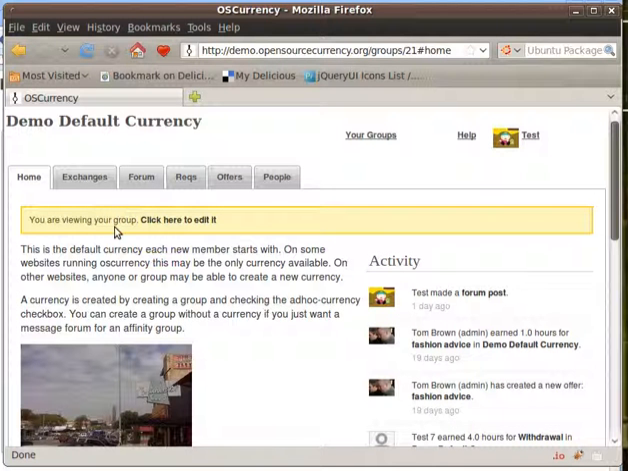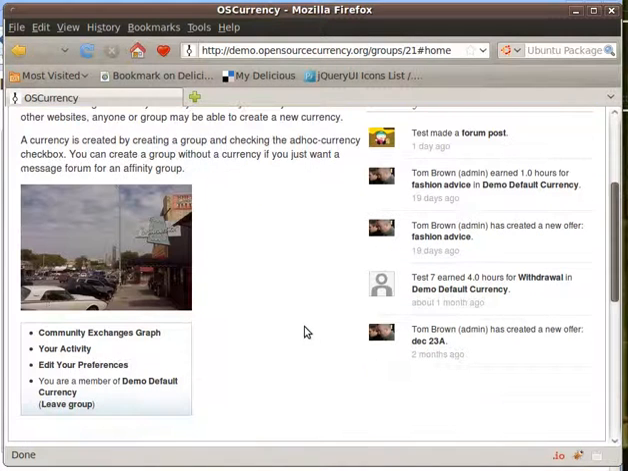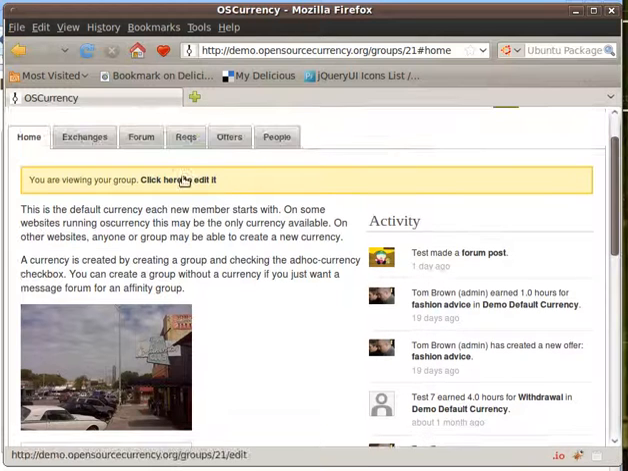Notice it says that I'm viewing my group. I can edit it. That means I'm an admin of the group. You can have multiple admins per group. So I'll click here,